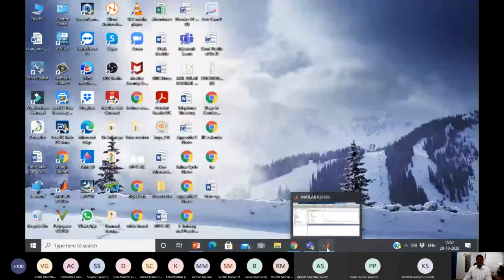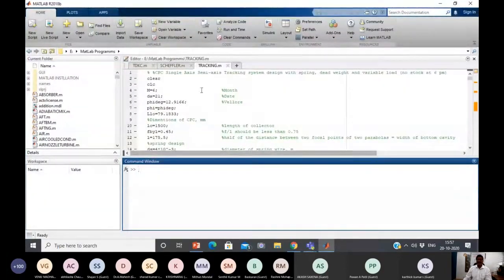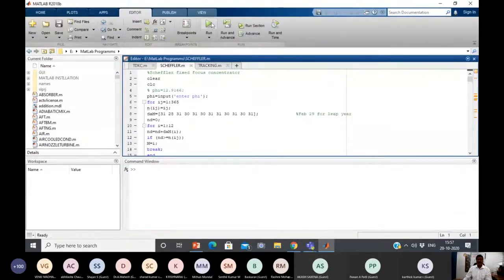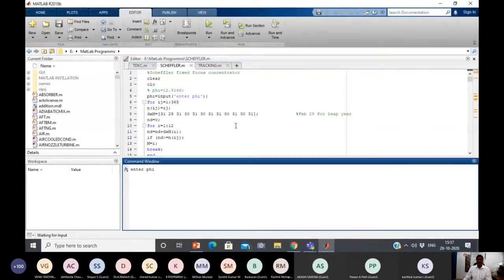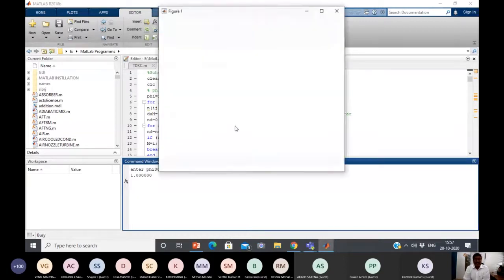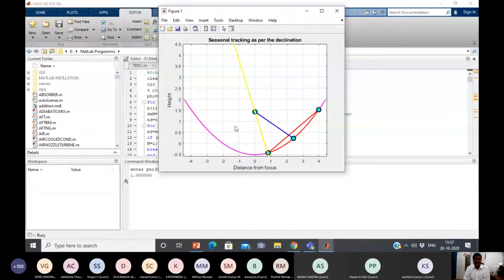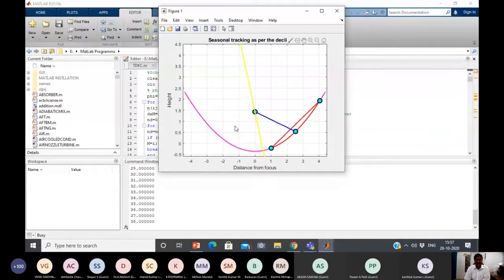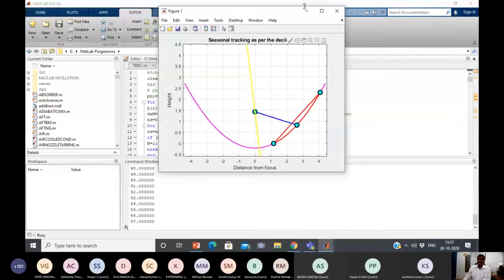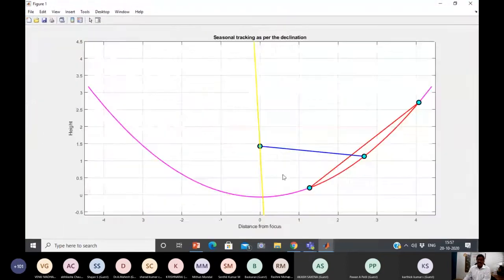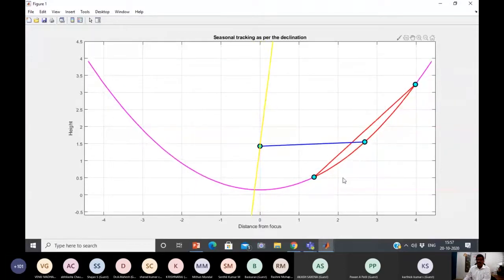What is the role of the design of this scuffler reflector with reference to the tracking mechanism, that is the sun-earth geometry? So I am giving some angle, let us say 30 degrees close to the Punjab. The day length, the day is changed here. We have January 1 represented as 1, day number 2, day number 3, up till 365 days. So this collector, you can see, the scuffler, the red color shows the scuffler reflector.